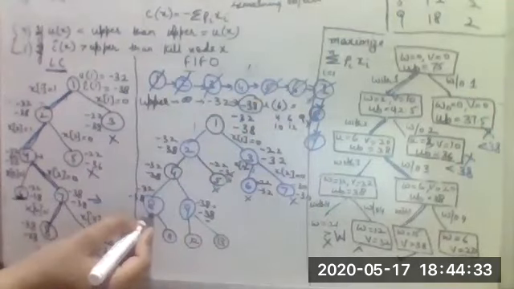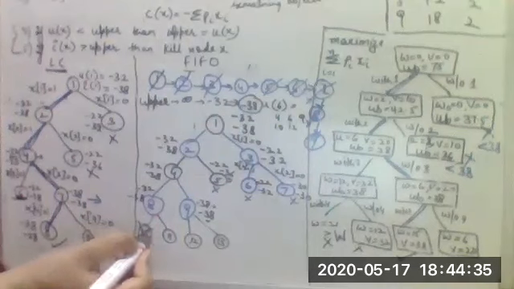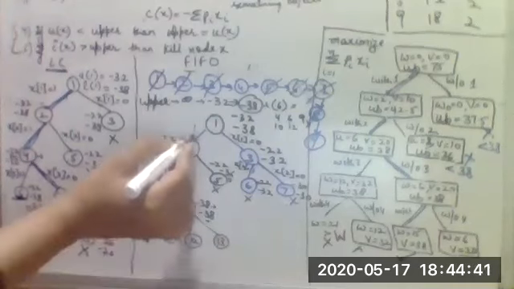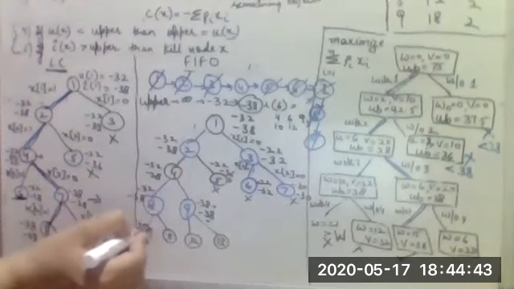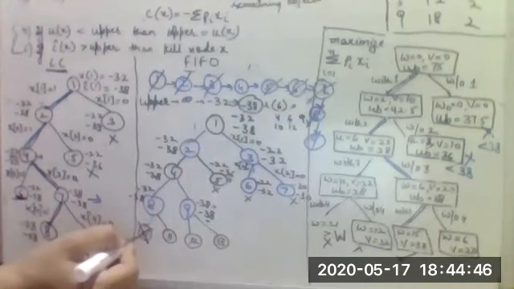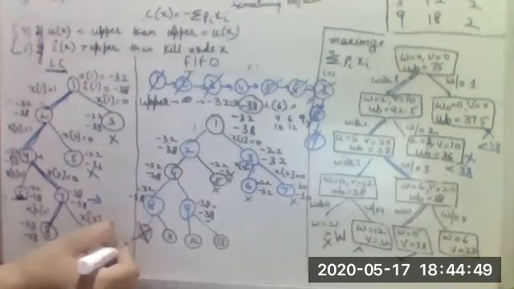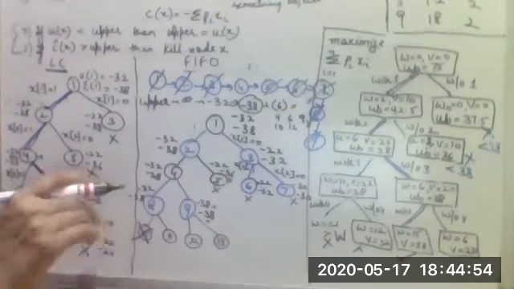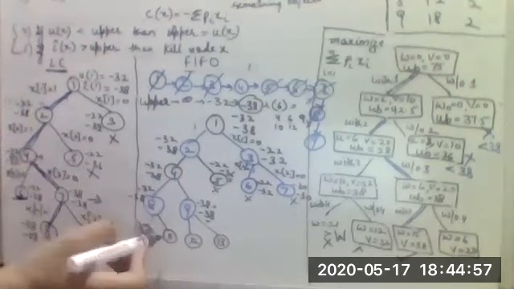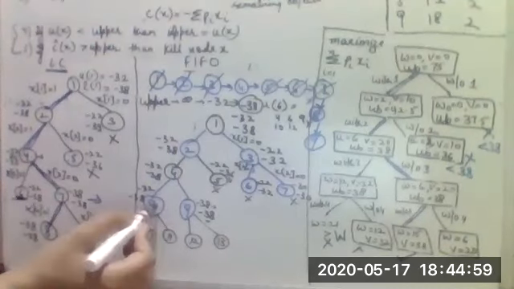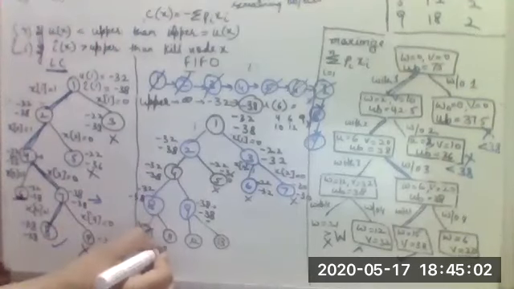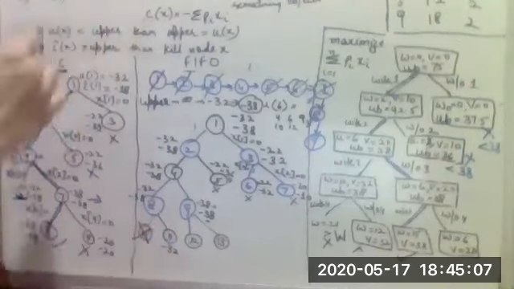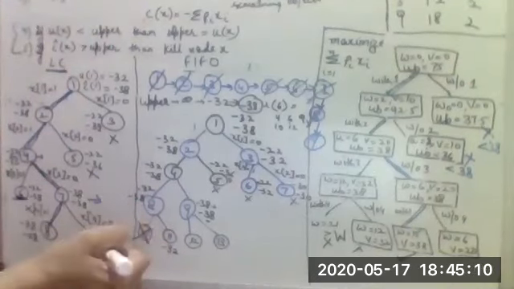We generate the child nodes of 8, that is 10 and 11, and for 9, 12 and 13. In this particular one, you are taking the first element, second element, third element, and you are saying you are going to include the fourth element also. It is not part of the feasible solution, so this is deleted, or we say that the search is terminated here. Similarly, if you take this, it gives you minus 32 as the solution, which is again greater than this upper value. So we are not going to follow this.